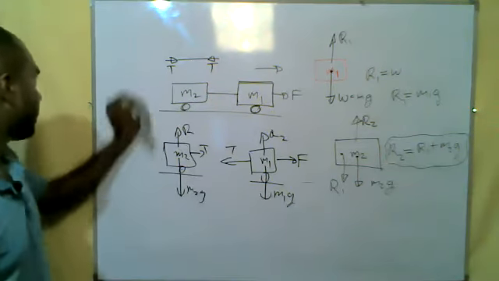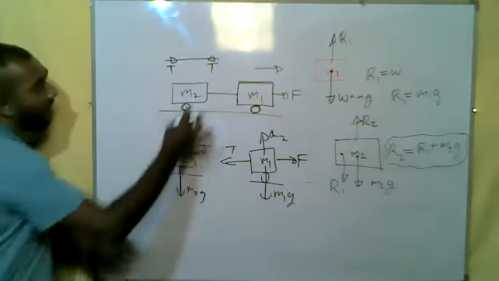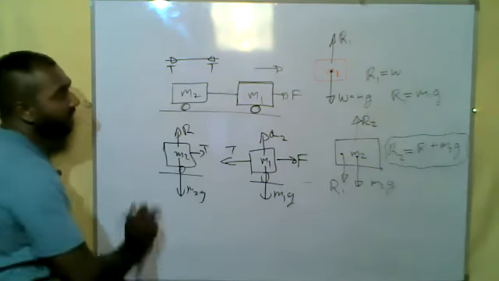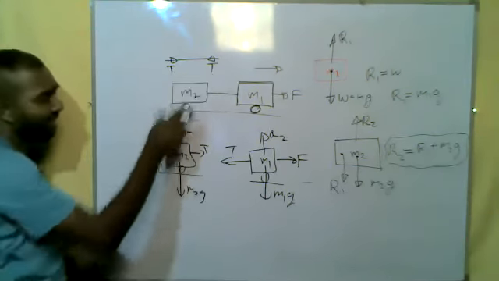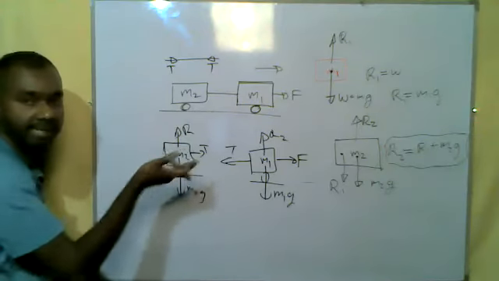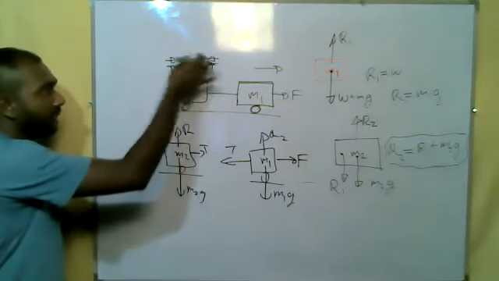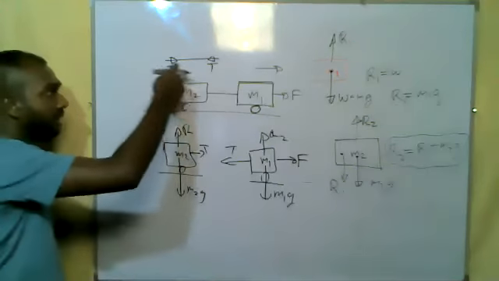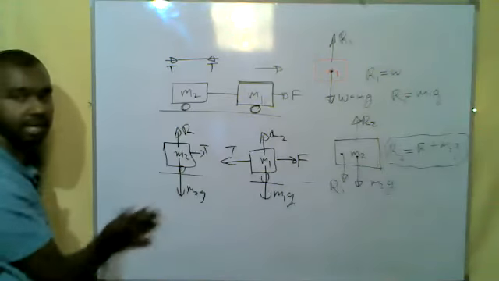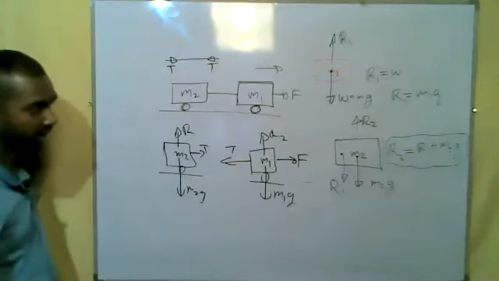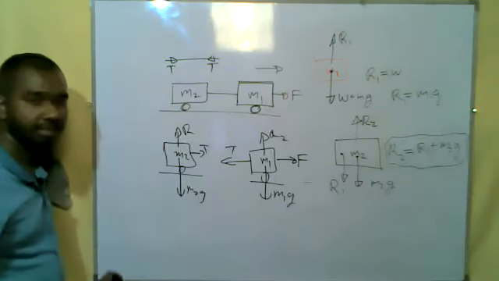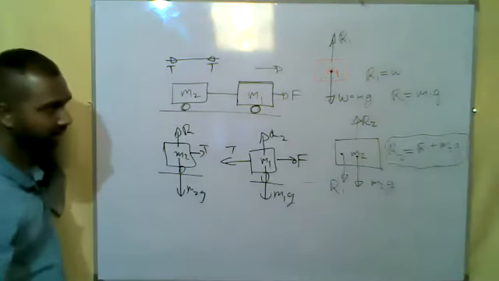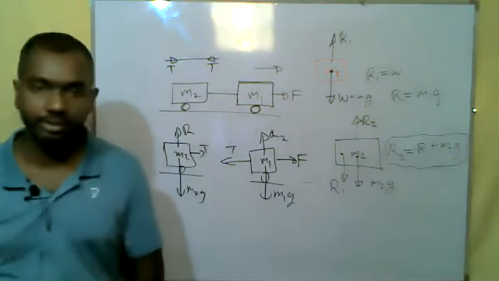Why do we say they are inextensible? If they are extensible, what happens? These tensions will not be the same. Then things get a little bit complicated. To avoid those situations, we say these are inextensible rods, so the tensions at both ends will be the same. Get that idea. If you just neglect that fact, there can be some circumstances where you will have difficulties in answering questions.